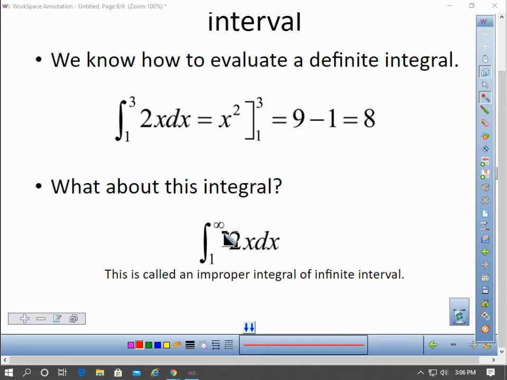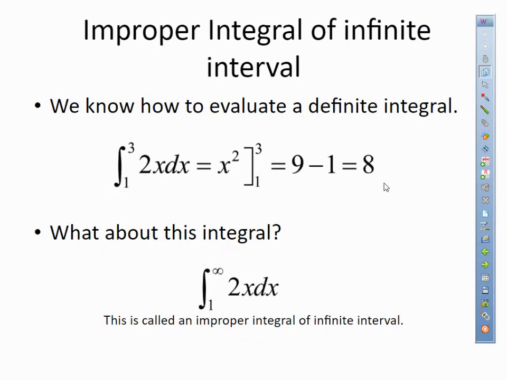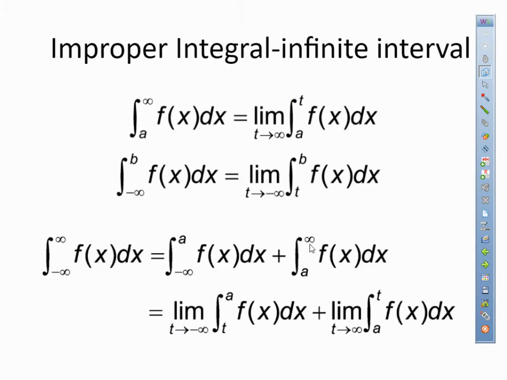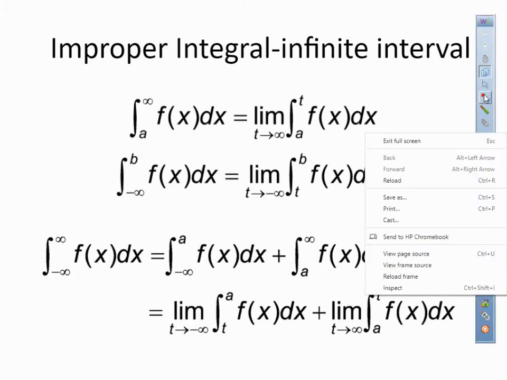What if I wanted to evaluate the integral from 1 to infinity of 2x dx? This is called an improper integral because it has an infinite interval from 1 to infinity. We have an infinite interval. So that's what an improper integral is. That's one type, infinite interval. So we're going to look at how do we deal with an infinite interval. Well, we are going to rewrite, and let's take a look at this just a minute here,